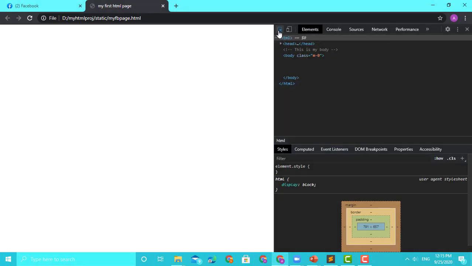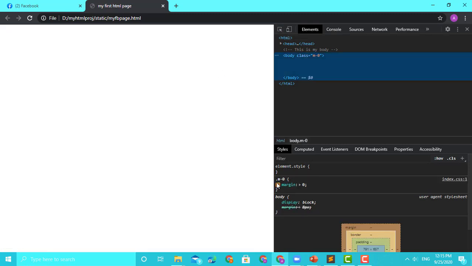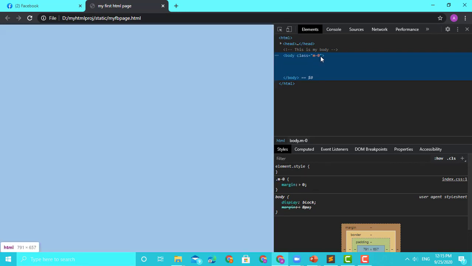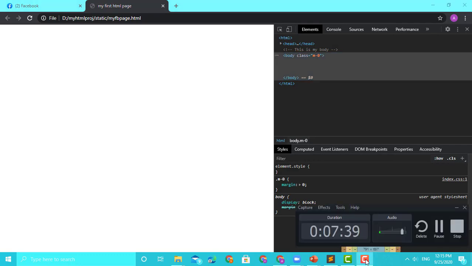Oh, no. So it has worked. How do I see? Here m0 has come. In your style element, in the styles, you see m0 means margin 0. So this is how you use a class. We may not need an ID on the body because there is only one head and one body in an HTML page. Okay, so we don't need to put an ID. Now we have the basic idea of how the HTML page looks.